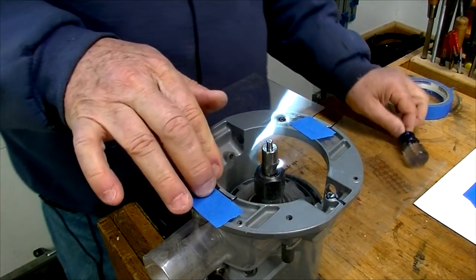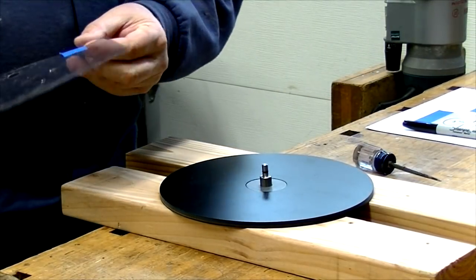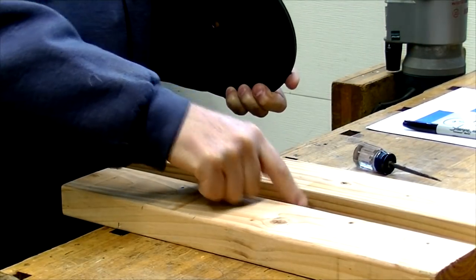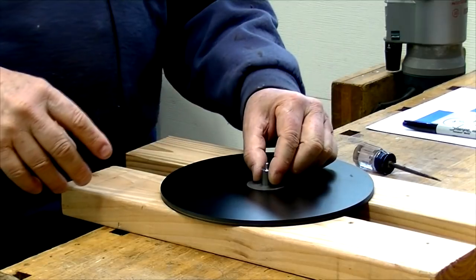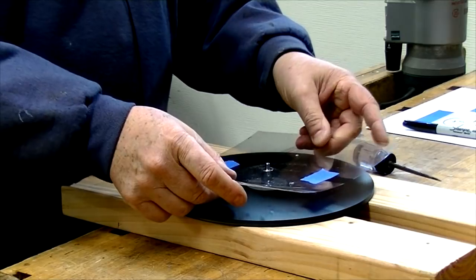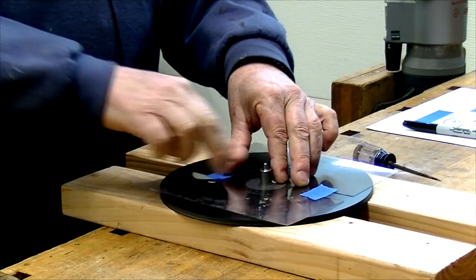Okay, next step, we're going to transfer this onto that flat plastic plate and mark the holes on the plastic plate. Now I'm going to take the plastic template, and I've taken this plastic base and laid it on a couple of pieces of 2x4 on end with a little block underneath. The idea being that if I lay this right on top of the block, I can put this little guide pin thing in and make it about as vertical as I can see. And then all I got to do is take this plastic thing, keeping it the same right side up as I had before, put her down on top of that. Put those 2 pieces of tape there, and now